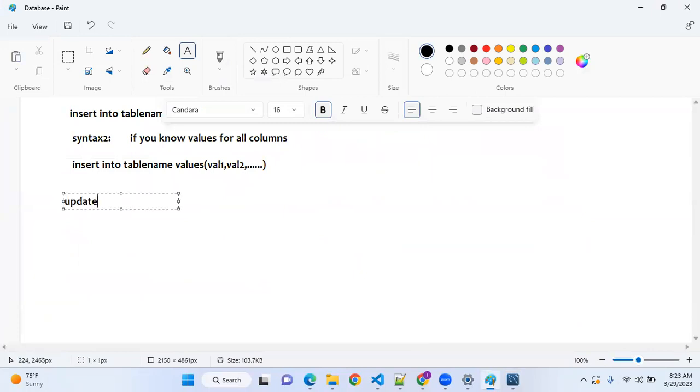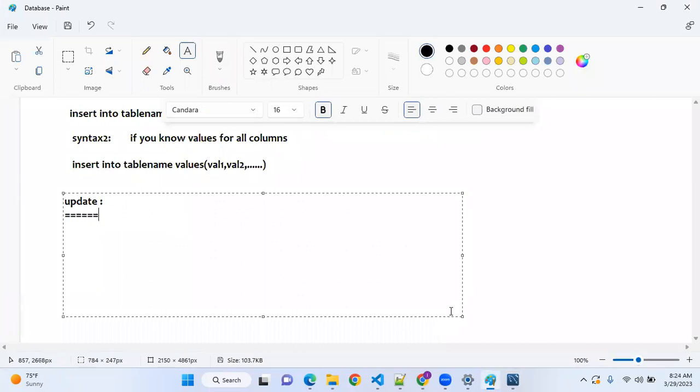Update query. What is the meaning of update, guys? When do we need to go for update? If there is a record already, and in that record I want to update something, then only we can call that update, right? Insert means creating a separate brand new record. Update means the record is already there, and I want to update some column information or multiple columns information at a time. That is the definition of update.